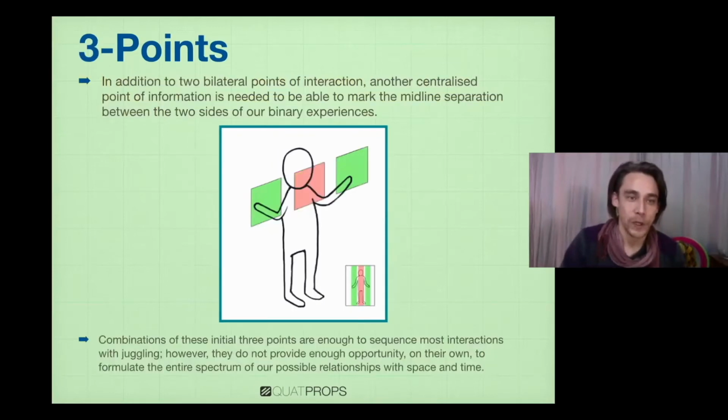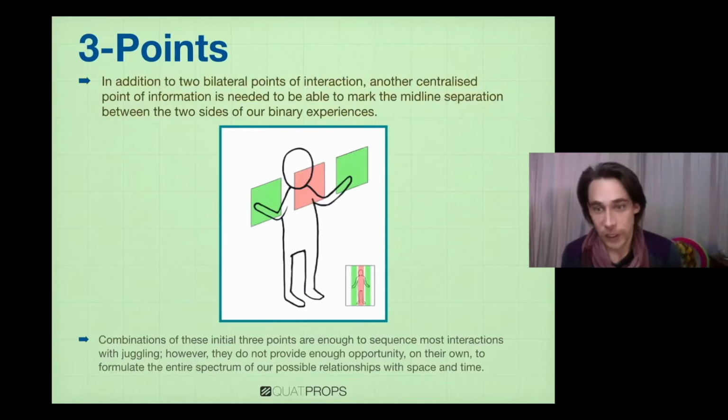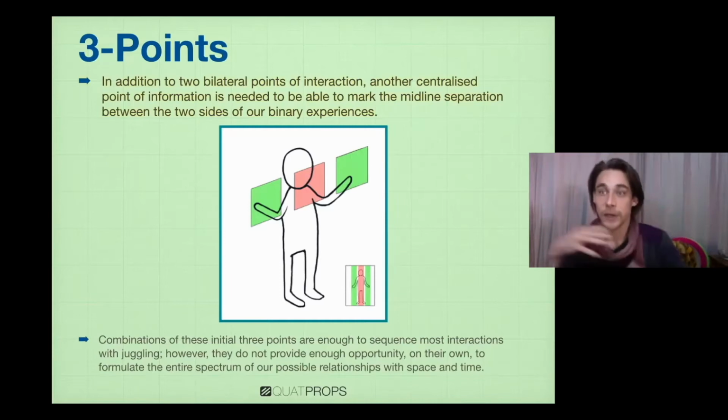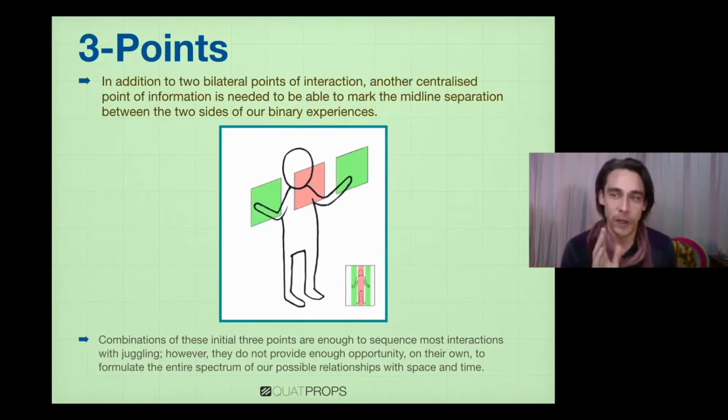But we're moving for a different goal: to get all of them. In addition to having 2 points on either side of the body, it's also really useful and necessary to have one in the midline to mark a separation between the two sides. In terms of structuring different sequences and how we can encourage and transition people's behaviors from lateral to bilateral, having a point in the middle of the body to represent the midline is very useful because spatially